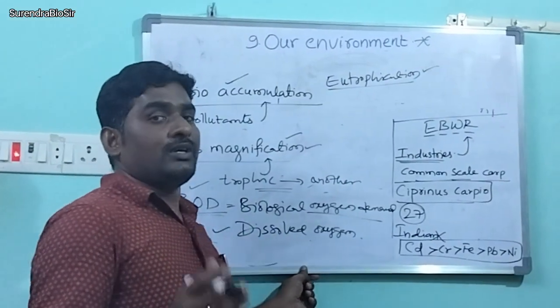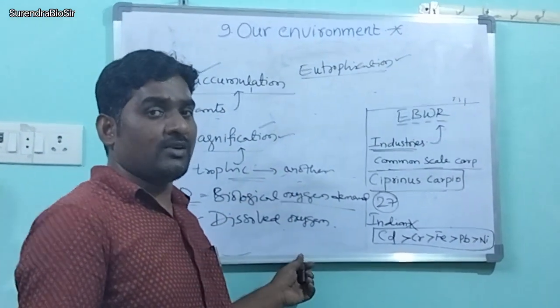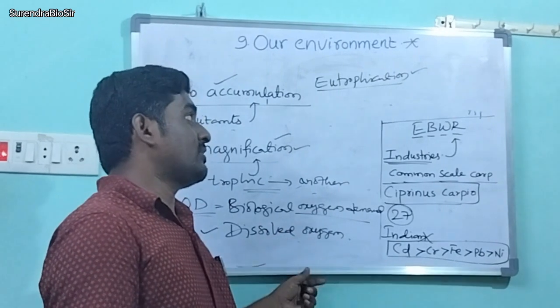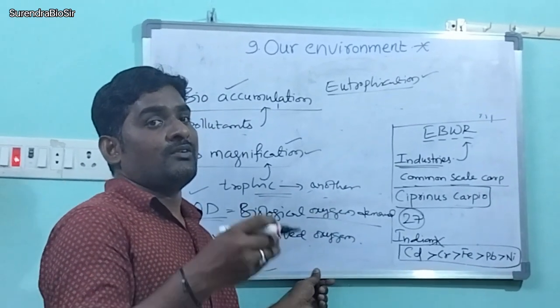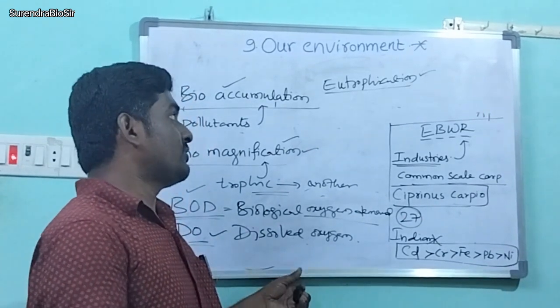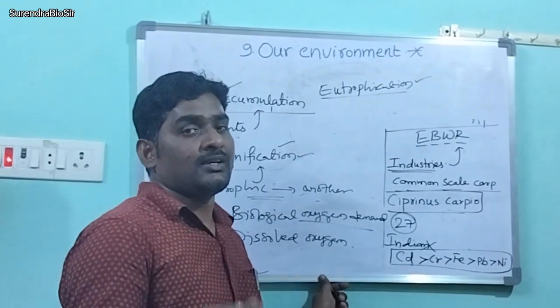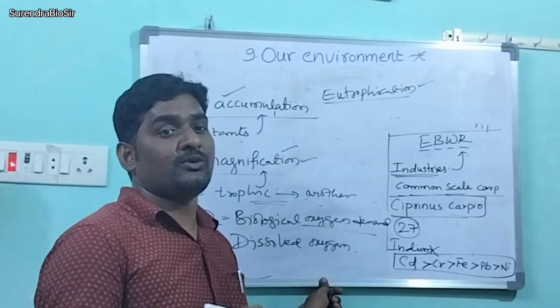Unwanted weeds like Hydrilla, Pistia and Vallisneria are growing in water bodies like Kolleru Lake. So that is called what? Eutrophication. Because of indiscriminate usage of